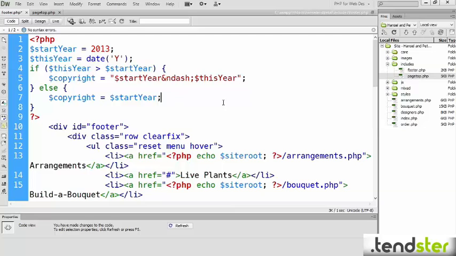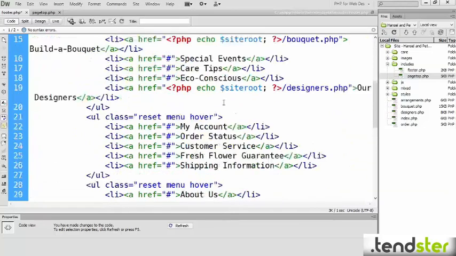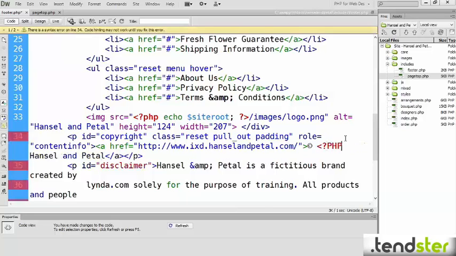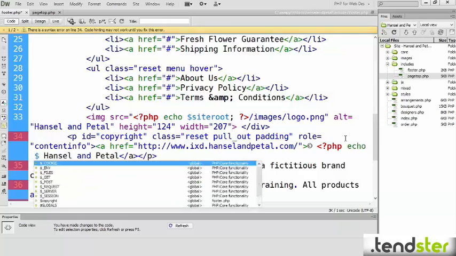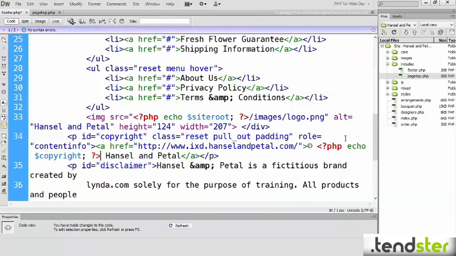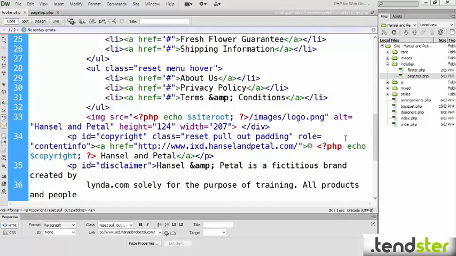All we need to do is to add it in the copyright place. So we go down here, we find 2013, we delete that and replace it with a PHP code block. Echo copyright, then close that block there. So if we save that and go